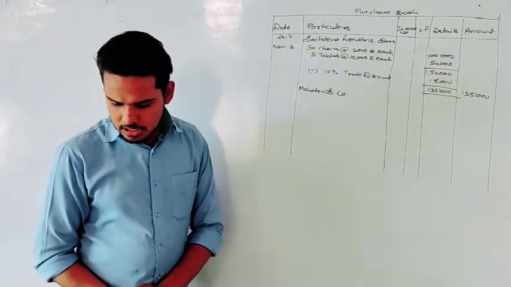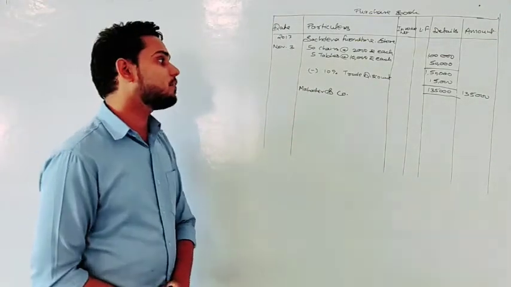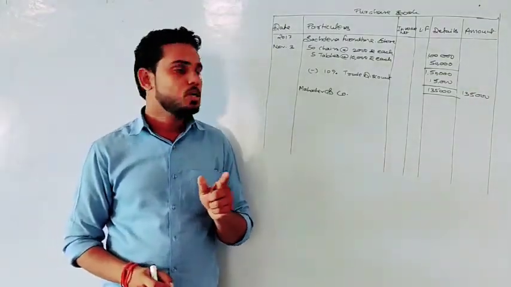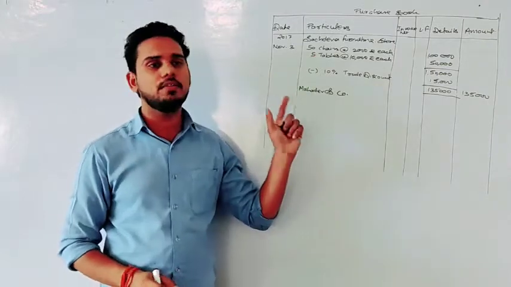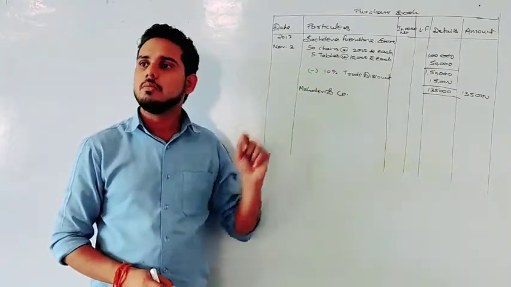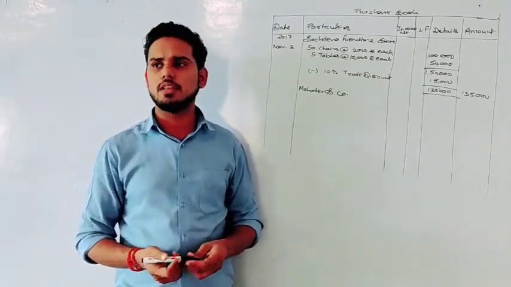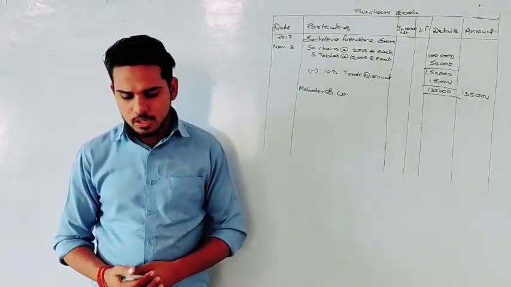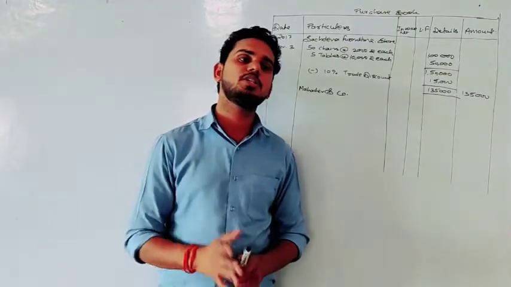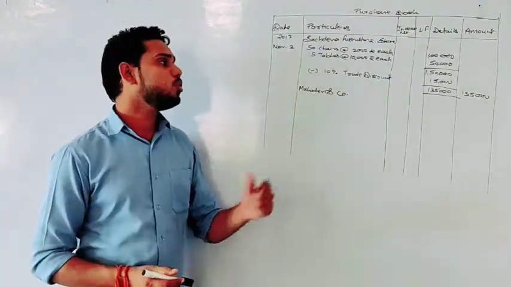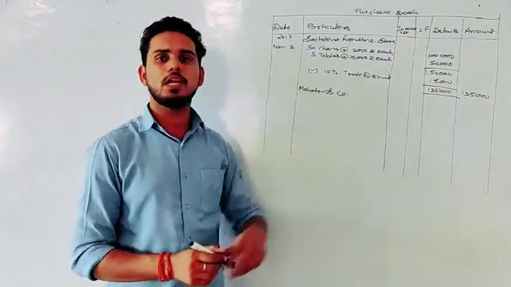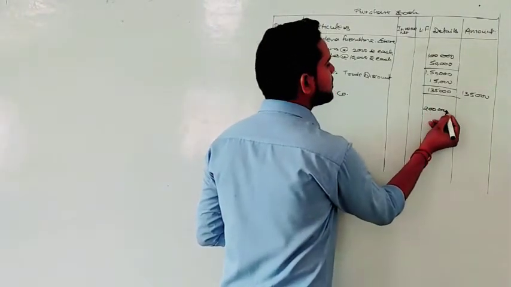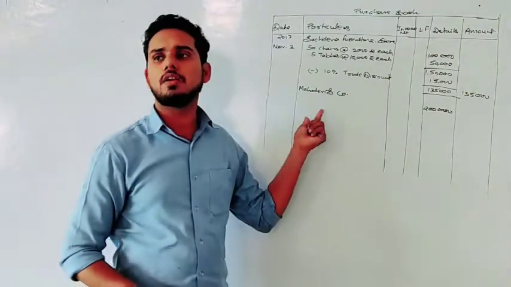Okay. And the description is what we are purchasing. We are purchasing furniture, right? If you are purchasing only one thing and it is given in detail, then you need to write the details. But if the description is not given, then no need to write a description. You can write the amount directly. It is simply given that we purchase furniture of 2 lakh. So no need to write "furniture 2 lakh". We can directly write 2 lakh rupees, because furniture is our goods, so no need to write the word furniture.